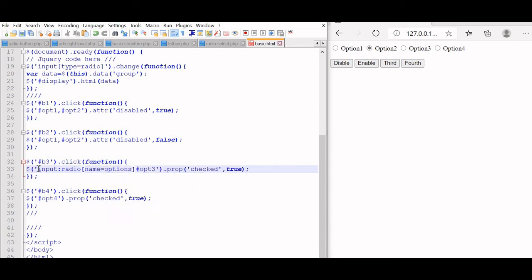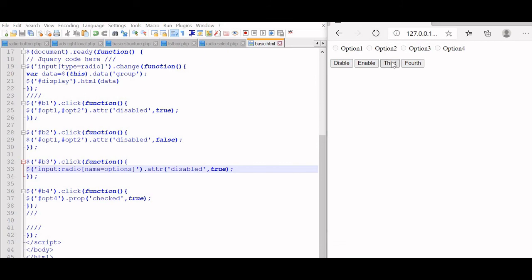Now let us close it. Fine. Attribute. Now this is disabled, it is true. Now this will happen with button 3. Okay, let's try once, then we will change the code.